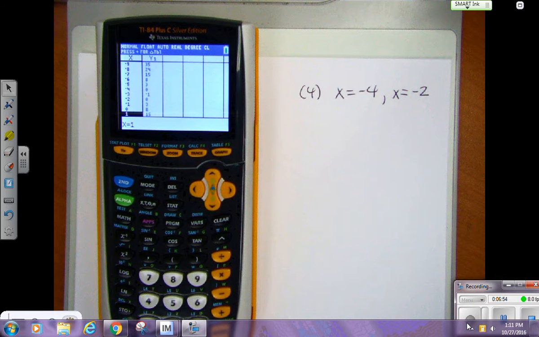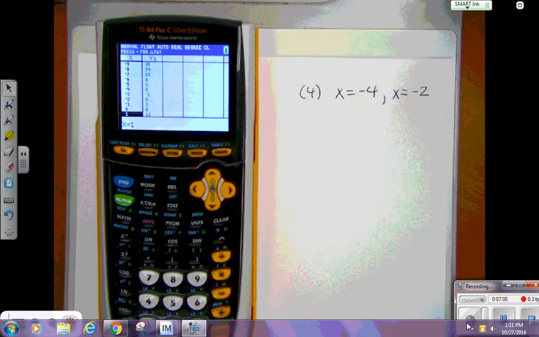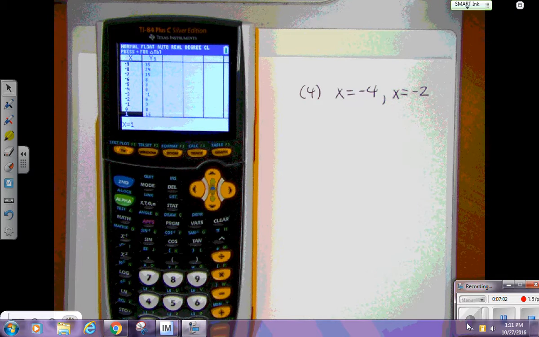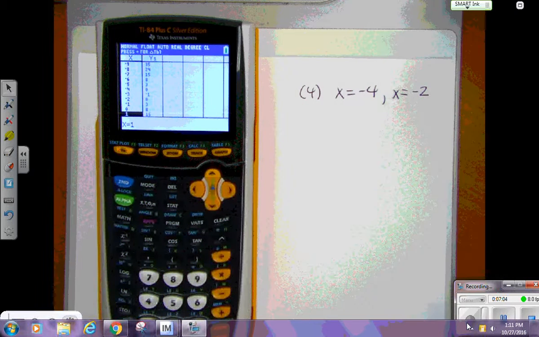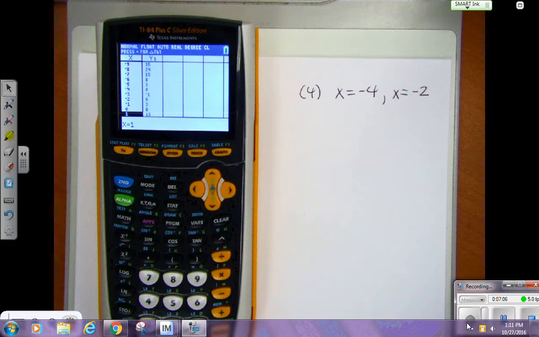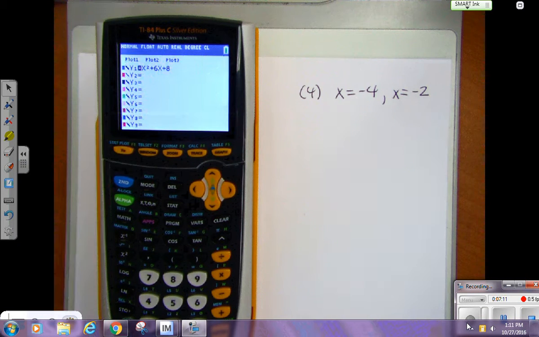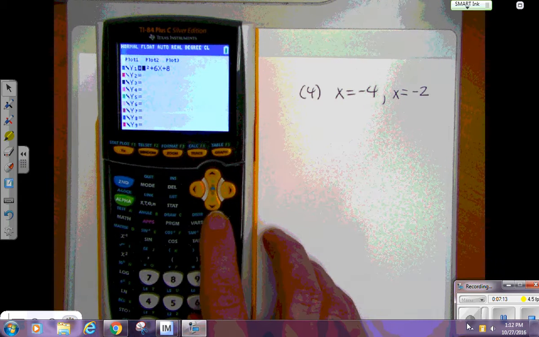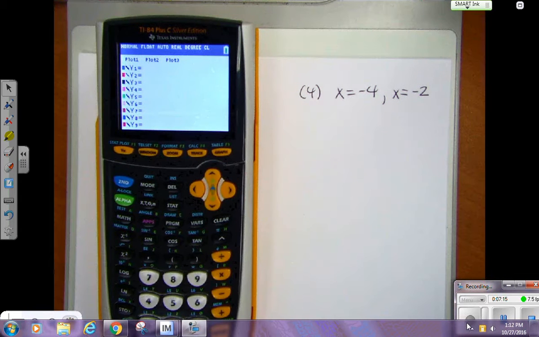Okay, so let's do another one. Let's type in number 5 into your y equals screen. You can just press y equals and it'll take you back to that screen, and we can clear that out. On number 5,